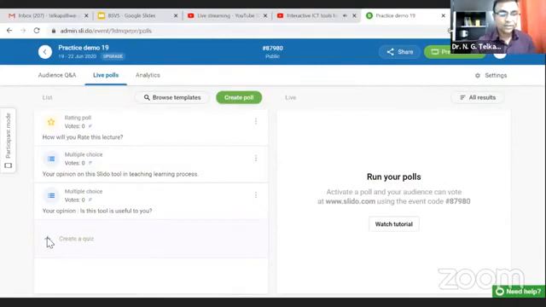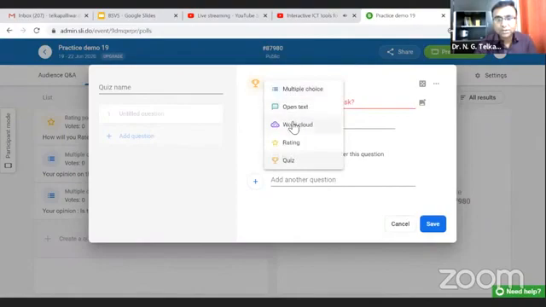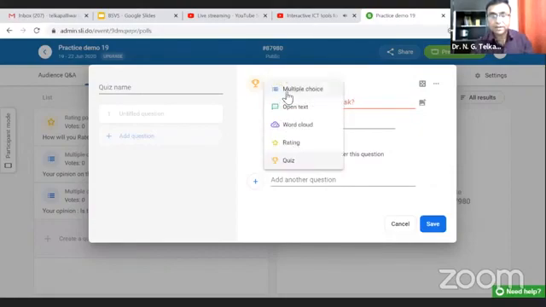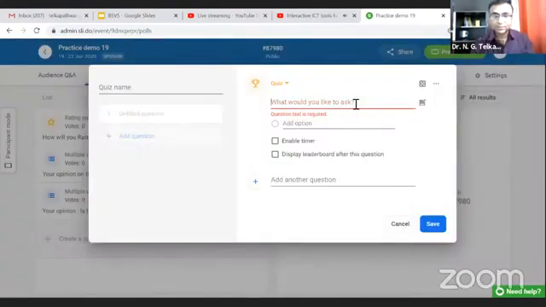Then here just click and select the quiz option. Here there are multiple choice, open text, word cloud, rating. Just click on quiz. What would you like to ask? So different types of quiz questions can be generated. Suppose I am selecting multiple choice. Who is the Prime Minister of India?